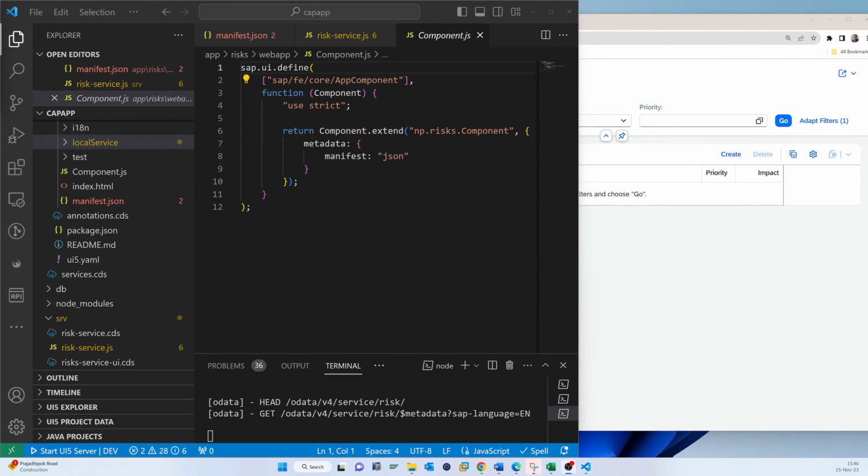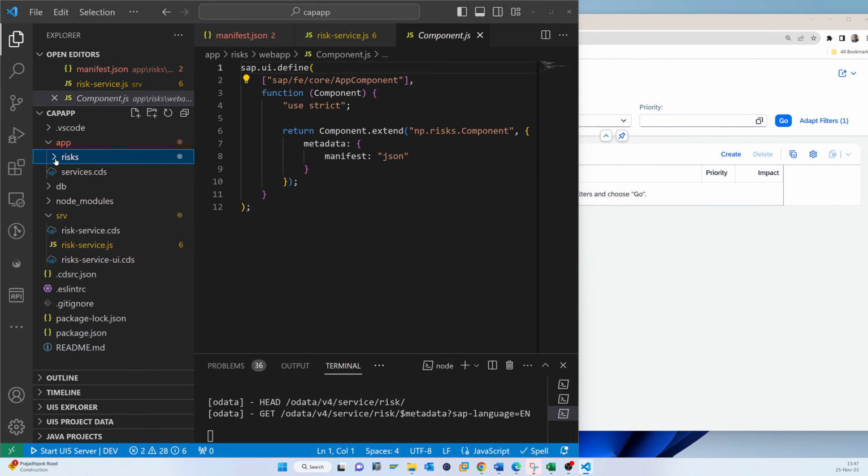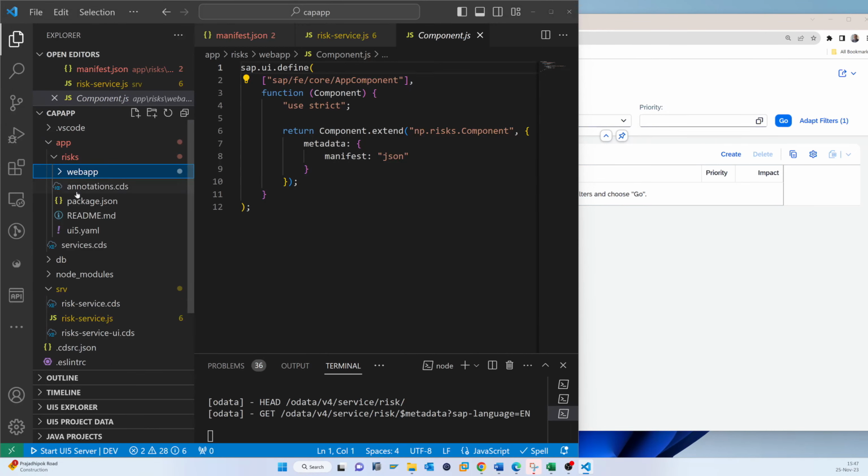Now let's start with that UI Freestyle app. So actually there are some differences between the Fiori based applications, element based applications, and the Freestyle app. What we prepared and developed is basically the Fiori element based one, and you can see